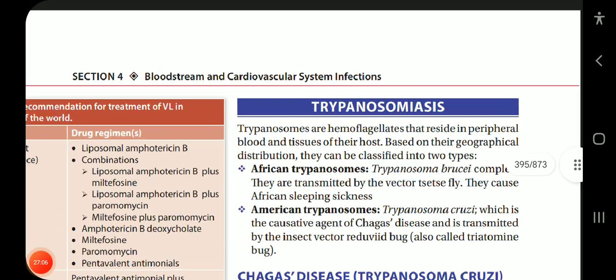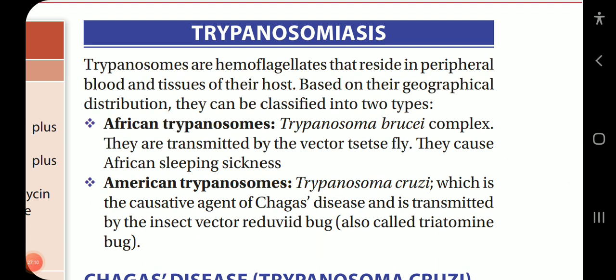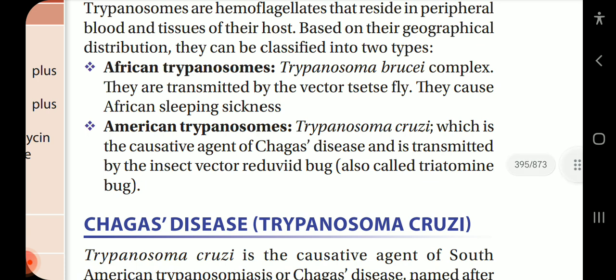Okay, so this completes Leishmania. Now come on to Trypanosomiasis. Trypanosomes are hemoflagellates that reside in the peripheral blood and tissues of the host. Based on the geographical distribution, they can be classified into 2 types. African trypanosomes, Trypanosoma brucei complex, are transmitted by the vector tsetse fly, and can cause African sleeping sickness. American trypanosomes, Trypanosoma cruzi, which is the causative agent of Chagas disease and transmitted by insect vector reduviid bug,